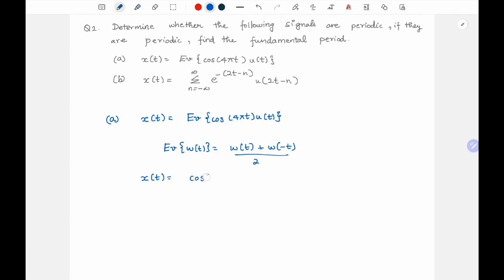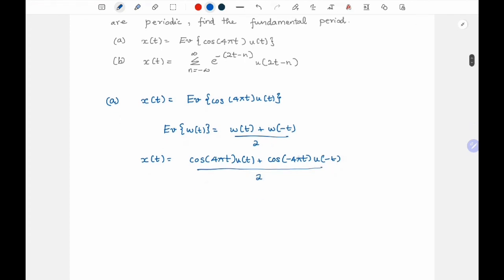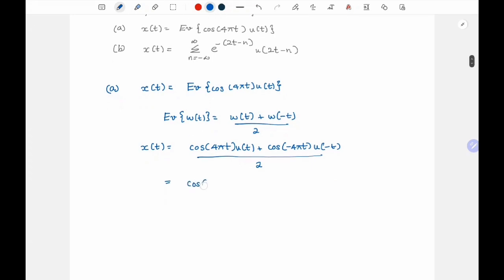So it will be cos 4 pi t u of t plus cos of minus 4 pi t u of minus t by 2. But if you observe, cos of minus x is nothing but cos x itself. So this is cos of 4 pi t u of t plus cos of 4 pi t u of minus t